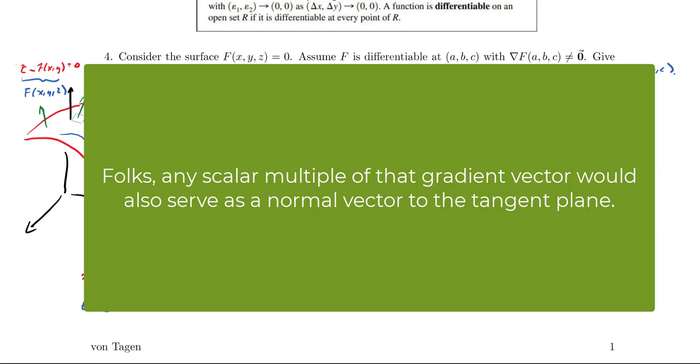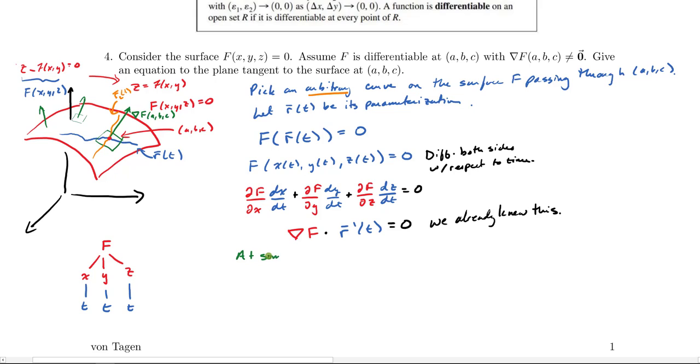But let's just finish spelling it out. We know that at some t equals t naught, because this curve r of t, how did we choose it? We chose it to lie on the surface. That was part of it. It had to lie on the surface, but it also had to pass through the point a, b, c. So at some t equals t naught, r of t naught gives us the vector a, b, c, meaning we can think of it as passing through the point a, b, c. And so that means